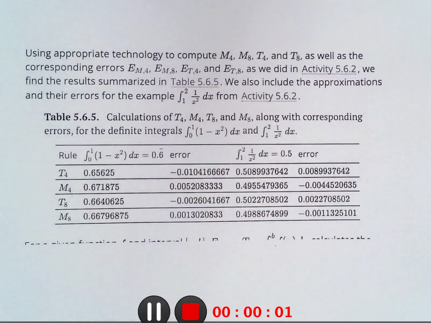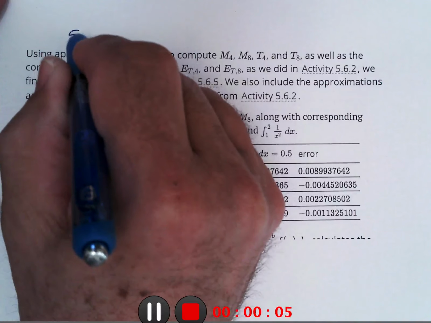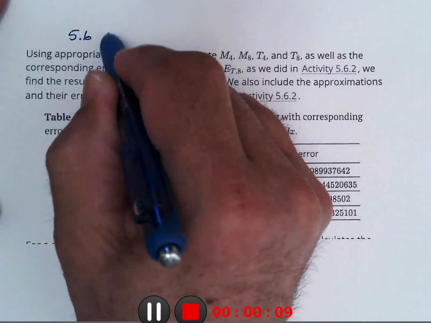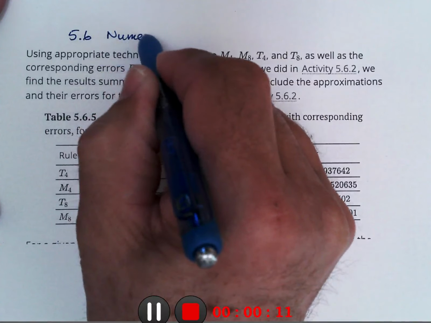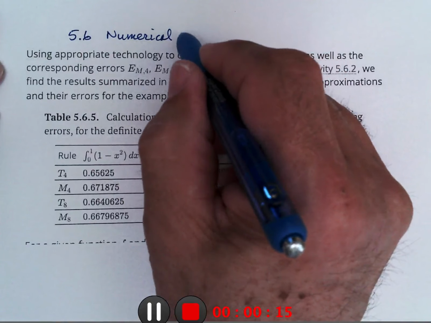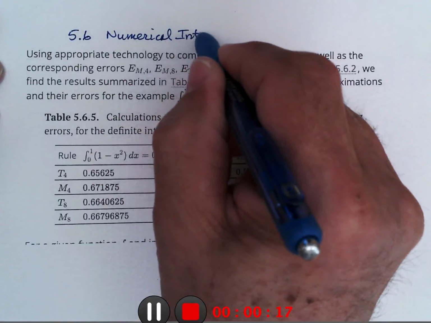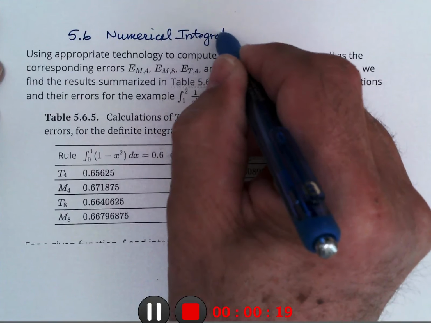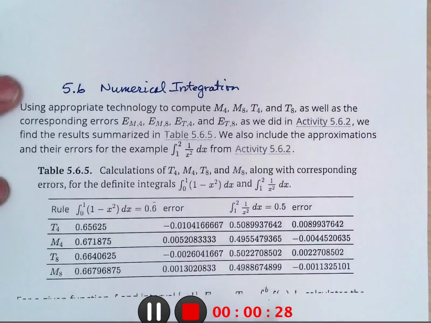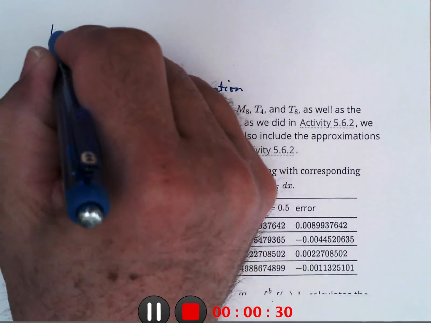This is the chapter 5, section 6 presentation on numerical integration. So let it be known that you've already done numerical integration. When you did the left 4, let's say, and the right 4